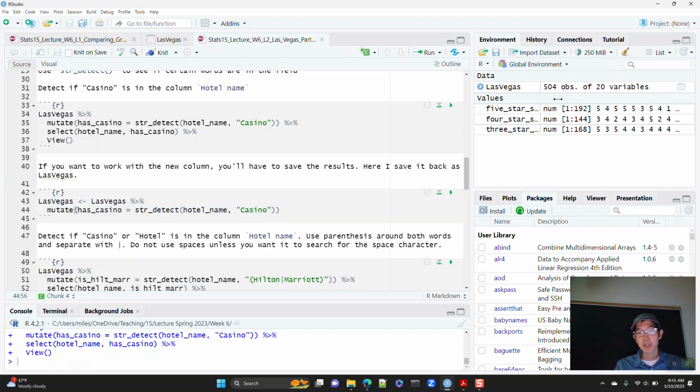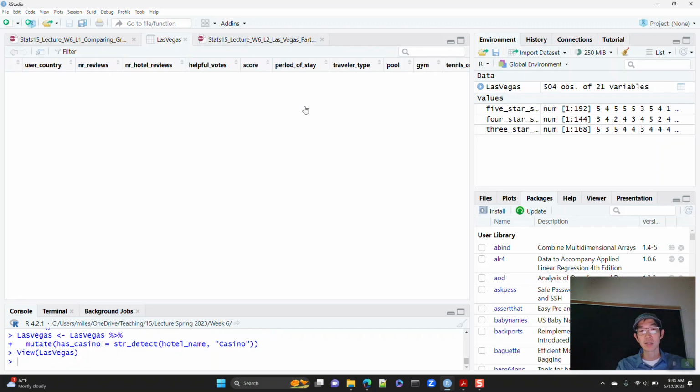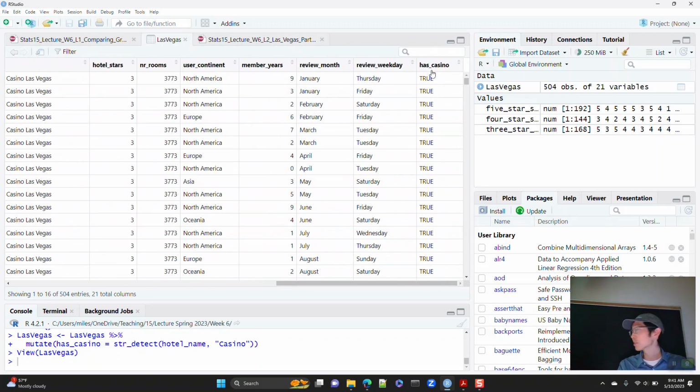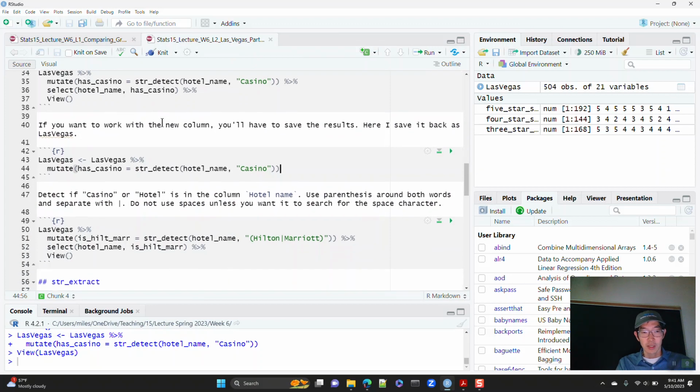When I run this, it's going to update my data set, and now I will have 21 variables. Okay, and I can click this, and now I have 21 variables. The last variable now is whether it has the word casino or not in there.